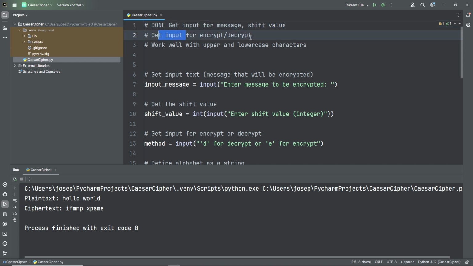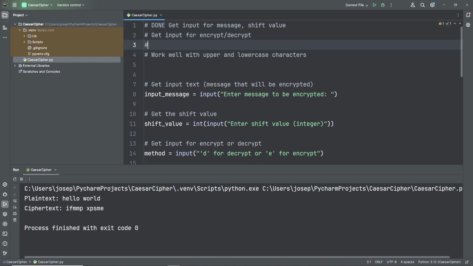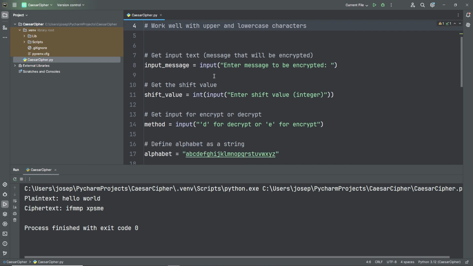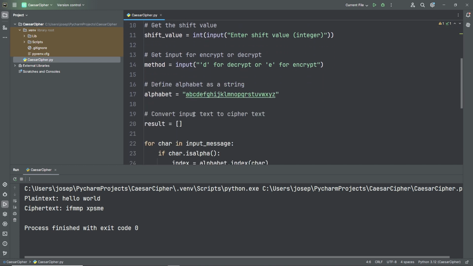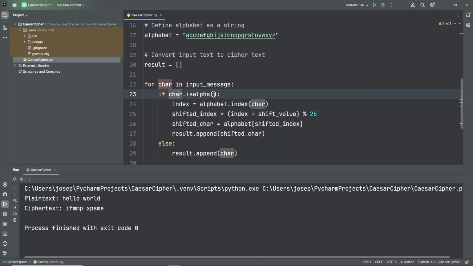We're getting the input for encrypt decrypt. We need to modify for encrypt decrypt. Done. And we need to work well with uppercase and lowercase. So uppercase and lowercase. What we can do, if char is alpha, we're saying if it's a letter, we can